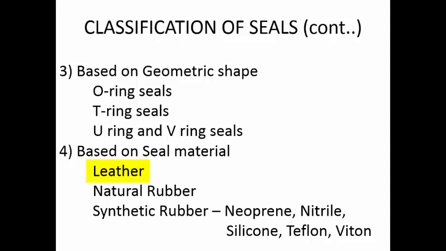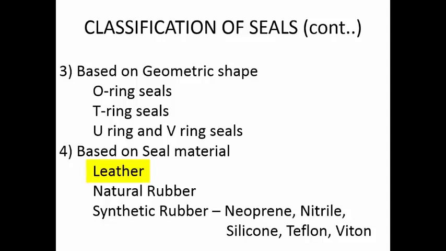Now what happens when leather absorbs moisture? It is going to swell. So when it swells, it is going to create more tightness between the two joints. That is one thing. When it absorbs moisture, its strength is going to vary and it is going to break or tear apart very quickly. Now if it tears apart, what is the issue, you may think? Whenever it is tearing off, if it is coming in contact with the oil, it is going to be carried away by the oil and it will create some blockages, which is not preferable.